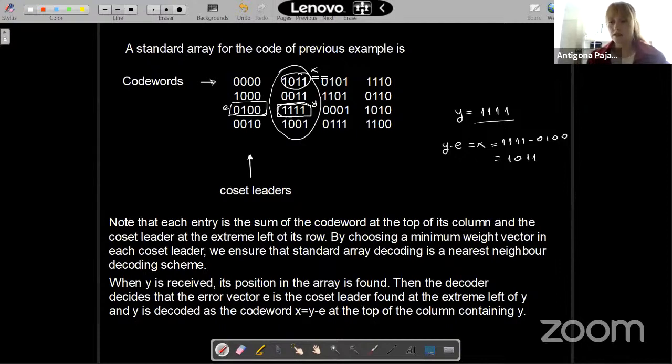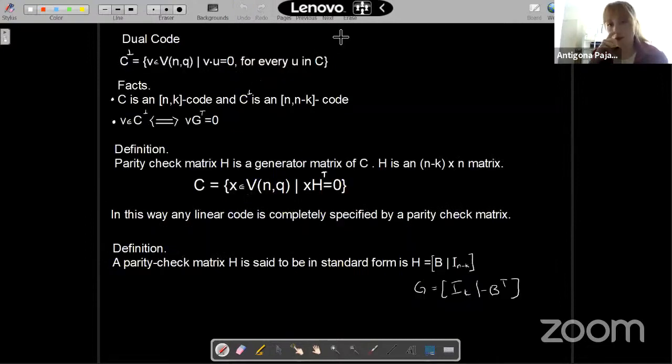But of course, this is slow when we deal with large codes. So it is just good when we're dealing with small length codes. Also, if we're dealing with large codes, because it is slow and it costs storage requirements, it's not suitable when you're working with large codes. That's why I'm going to present you another decoding scheme, or let's say, algorithm.